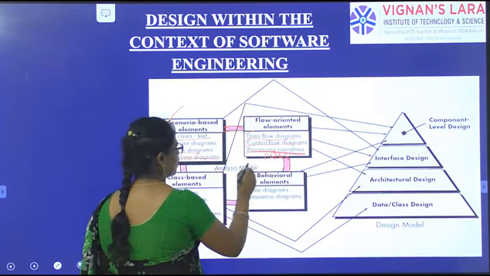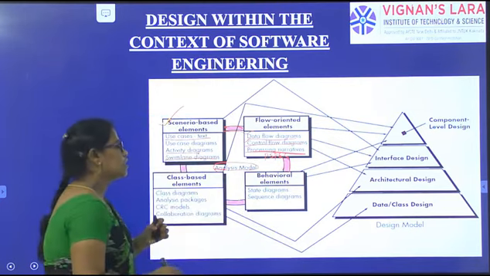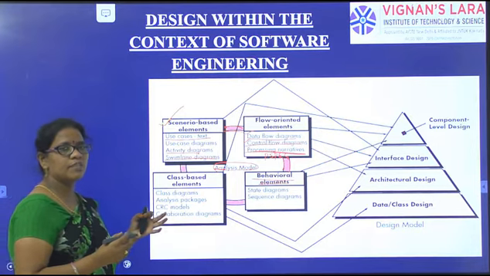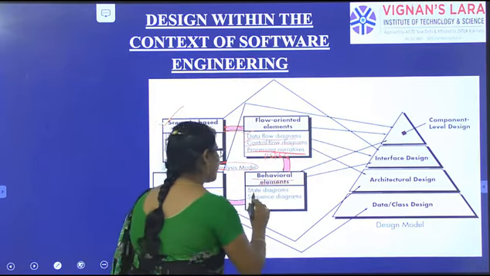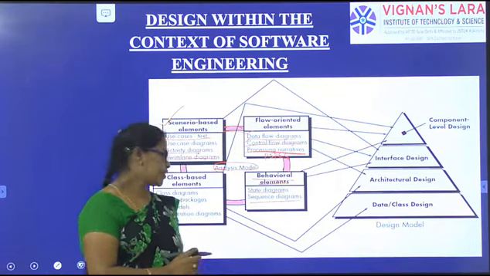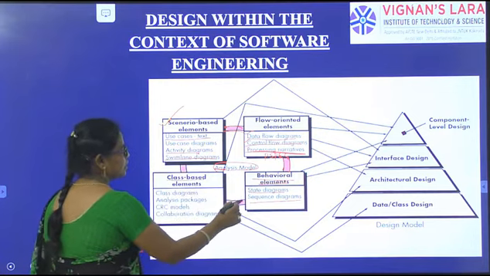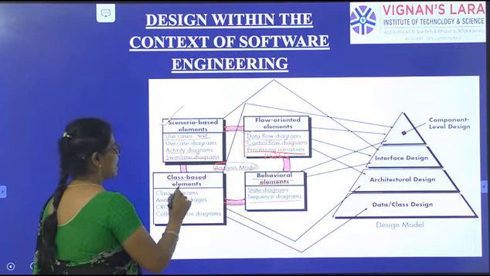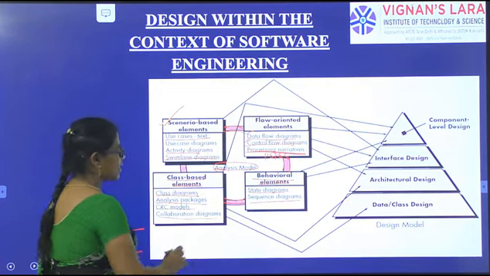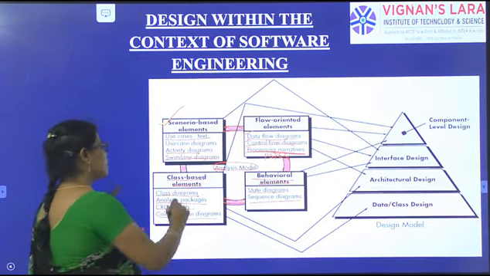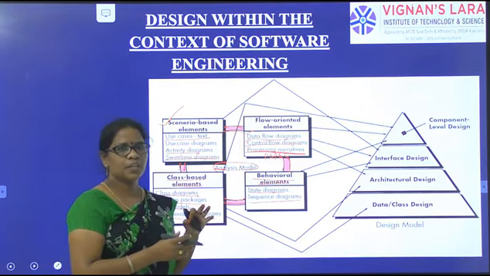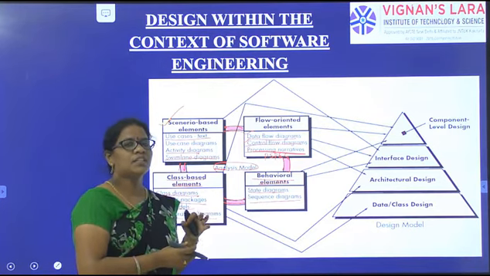So this is the analysis model. In the analysis model, we consider all this. The next one is the behavioral elements. So what is the behavior? In behavioral elements, we go for state diagrams and sequence diagrams, which we have seen in the third unit. And next, class-based. In class-based elements, we draw class diagrams, analysis packages, CRC models and collaboration diagrams, which were seen in the third unit. After that, again we go for the analysis model, where there is some circular route. Which model is best for the analysis part?